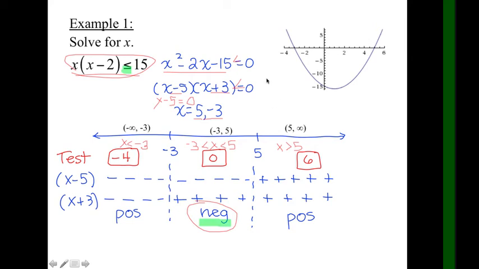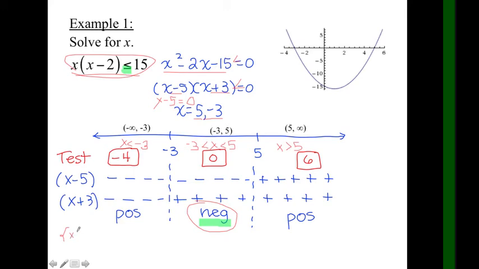Kasi ang ating given ay less than or equal. So, less than 0, what is less than 0? It's negative. So, yung mga negative. Kapag greater than 0, positive yung kukunin natin. Pero nagkataon negative. So, therefore, the solution set for this is, the first one is set of x or all